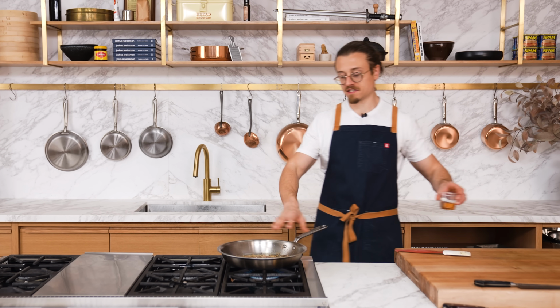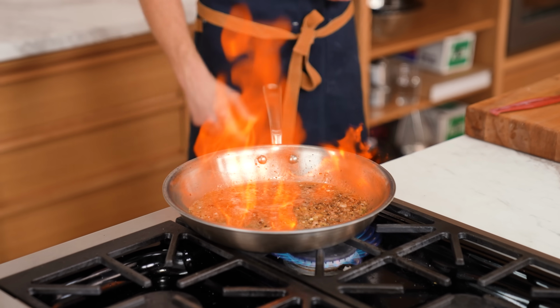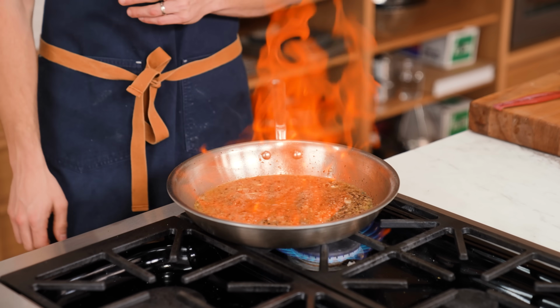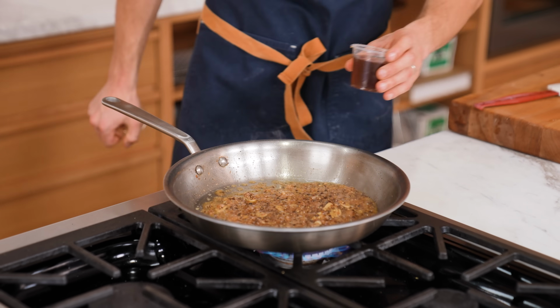Be careful, because this might flame up. Brandy, 1/4 cup. That will ignite if I shake this pan. Should I ignite it? All right, let's do it. See, that's what happens. It'll stop. Now, once that's pretty much 80–90% reduced, also called au sec, we're gonna add a 1/2 cup of beef stock,